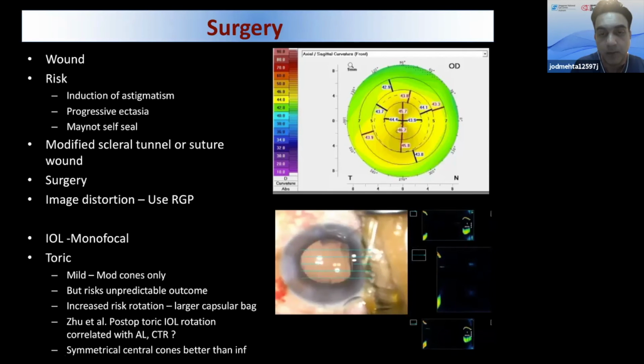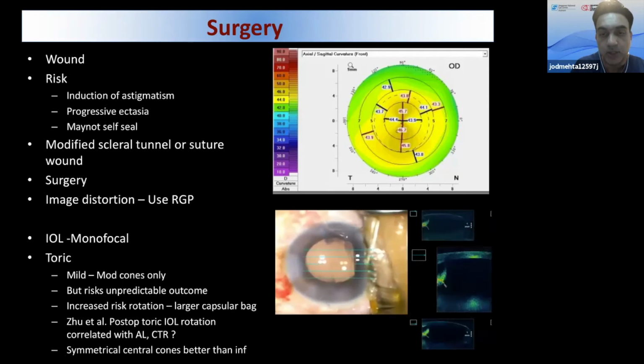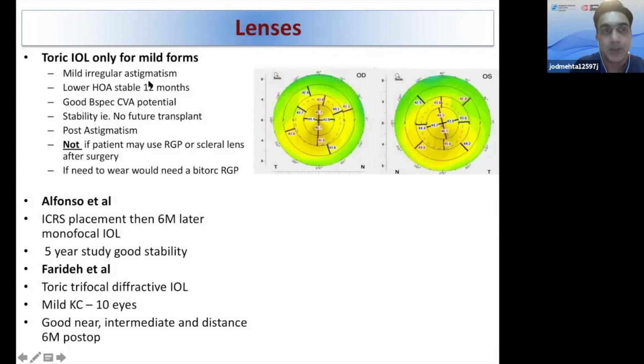So we have some good biometry, and to make sure that you've got good stability, it's quite useful to use the OCT to make sure you remove all the viscoelastic from behind the lens. This lens is actually quite a big lens to put inside the eye. So as I mentioned, for mild to moderate degrees of astigmatism, I would consider doing a toric lens, especially something like this, but you warn the patients there's going to be some degree of undercorrection. And likewise, as I said, if they're happy with their RGP lenses,